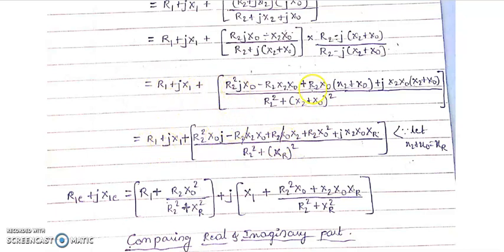Now I shall multiply this R2 X0 X2, R2 X0 X2 plus sign, plus R2 X0 square. Now you can see that minus R2 X2 X0 as well as plus R2 X0 X2 get cancelled here. This part and this part get cancelled. Now after cancelling, you can see this is a j term and this is a j term, yes or not, right? So what we're going to do is separate them. Let's see how to separate.